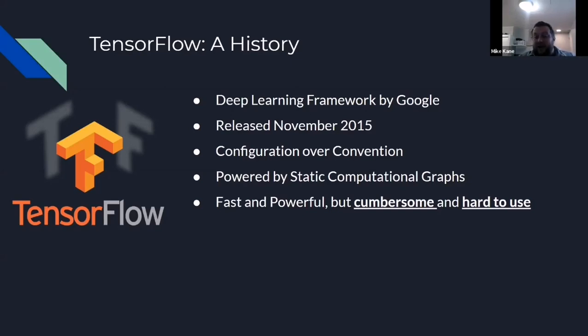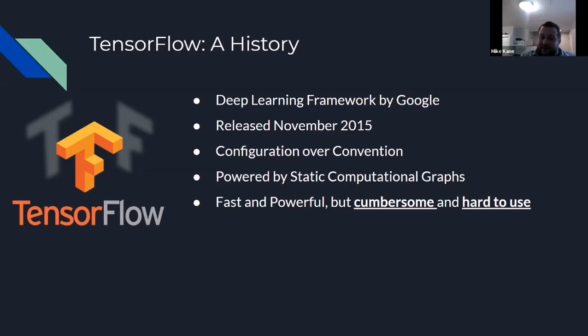Now, they had a good reason for doing this. The reason they did this was that it made for really optimized code. TensorFlow was, and still is, by far the fastest, most crucial, close-to-the-metal deep learning framework out there that isn't something like CUDA, where you're programming directly on the GPUs and things like that. So TensorFlow was a framework to make that a bit easier, but easier was kind of a subjective term, okay?